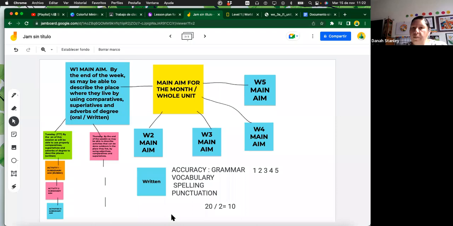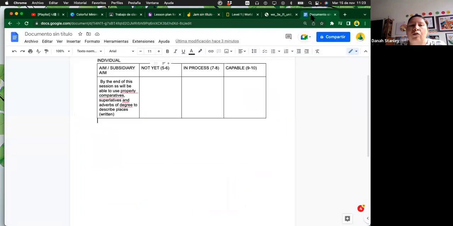And I don't need to invent anything. Es todavía más fácil. So what I don't want you to do is to work extra, to see it in an easier way. Okay? So do you consider that this is going to be easier, and also the use of the subsidiary aims as a way to evaluate your students?